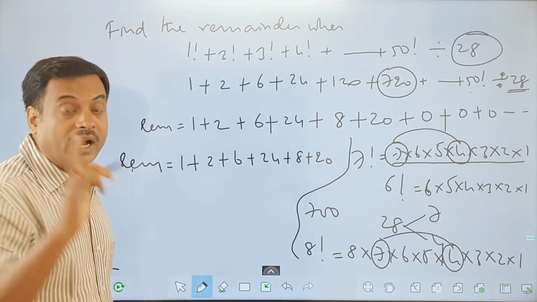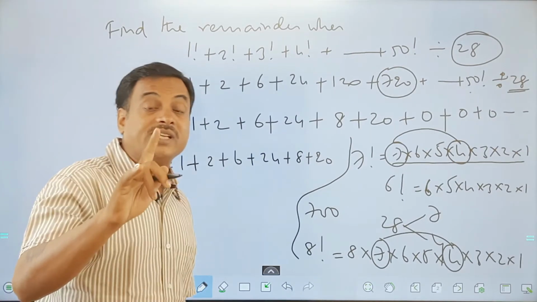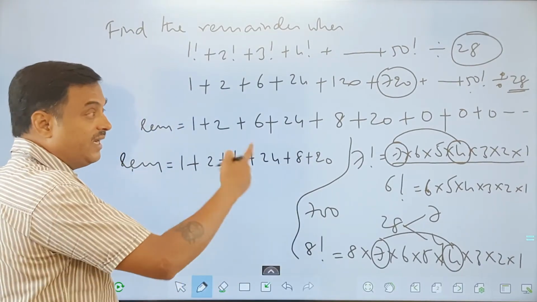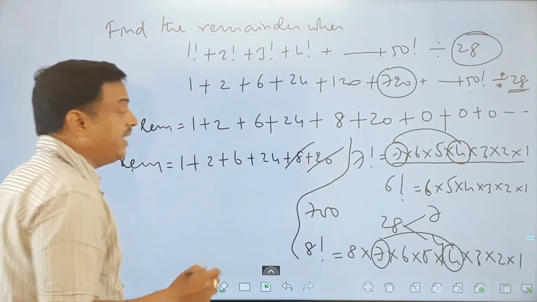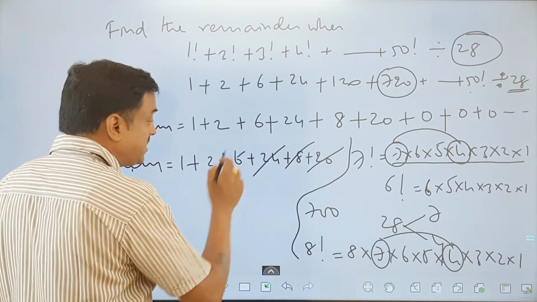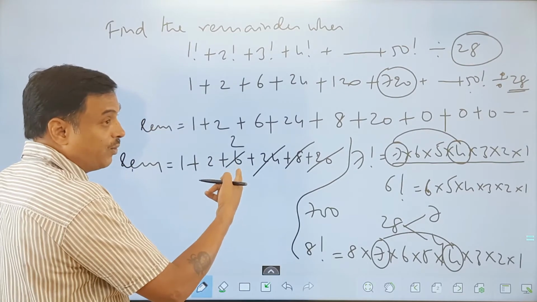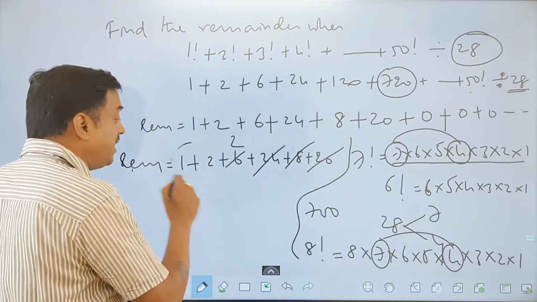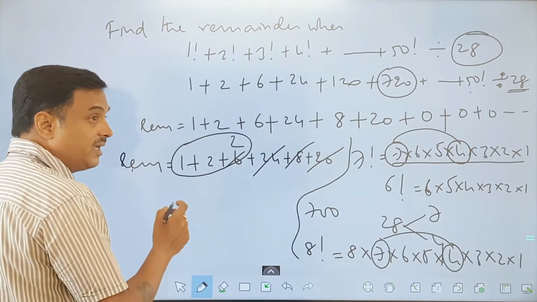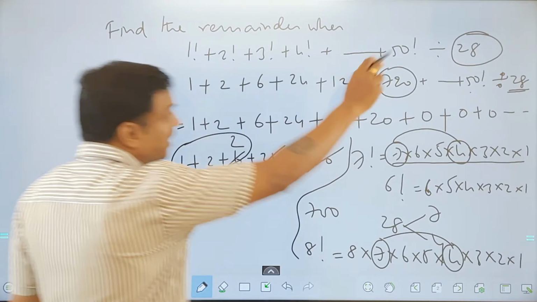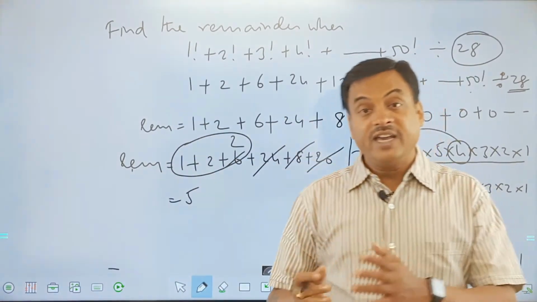Instead of that, what should I do? I should remember remainder is always nothing but the surplus value. So wherever you can get a total of 28, you can eliminate it. Like 20 and 8, 28 is out. You can eliminate that part. And 24 plus another 4 here: from 6 I'll take 4. 24 plus 4 is also 28. Out. What is the surplus here? 1 plus 2 plus 2, which is nothing but 5. So the overall remainder for this question is 5.